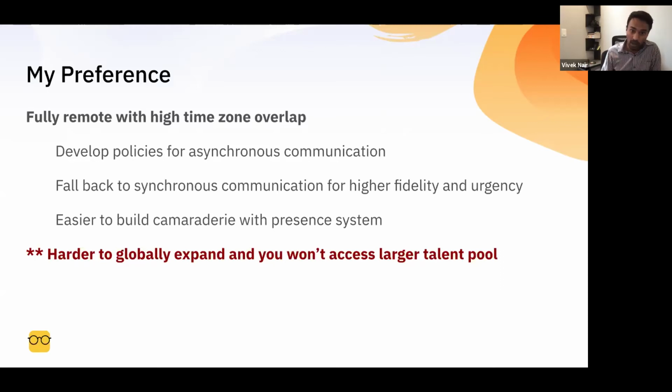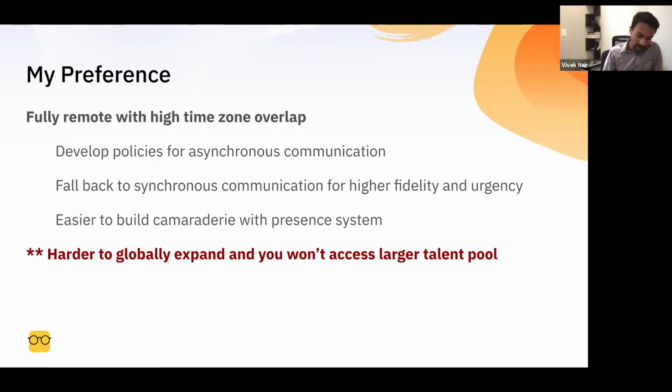You develop policies for async, and wherever you think that knowledge could potentially be duplicated, you create docs for it, and then push it into the collective knowledge. But what's good about high degrees of overlap is that if you have a customer bug, for example, or some customer fire, I have a high degree of confidence I'm going to be able to synchronously contact somebody and get to a resolution very fast. So that higher fidelity, if I really need to, is very important.